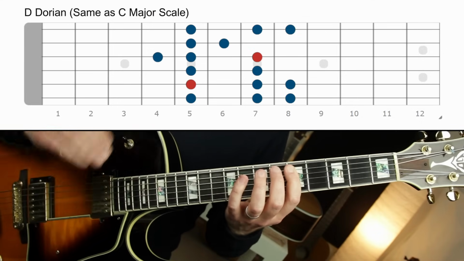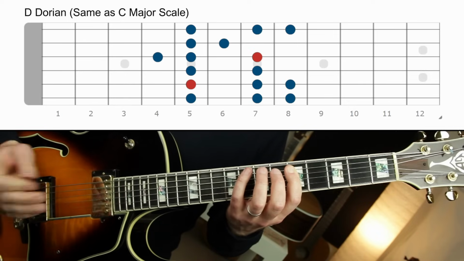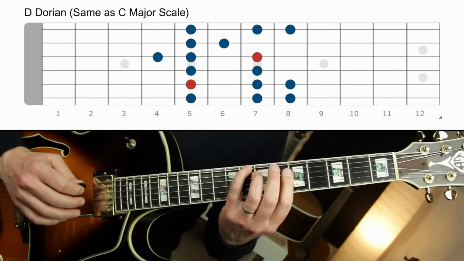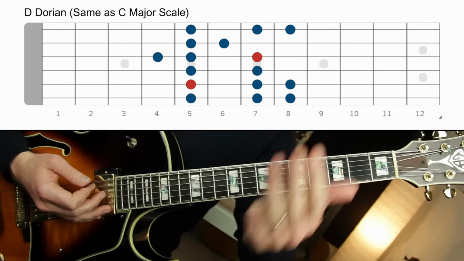Okay, why am I playing it that way? This is what I call the root to root method. Here is a perfect example of why I play that way, because it's the same notes as C major, but when I play off C and start on C, pause on C, repeat C, and land on C, it